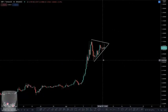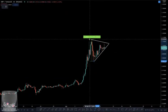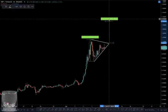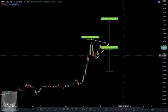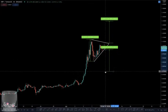But again, we got to watch out with these because they're really neutral. So you measure it from the top, from the bottom of the structure basically to this top point, and you can take this both ways. Okay, so you got to be really careful here because this pattern is neutral. So it depends probably on Bitcoin. If Bitcoin fails, maybe you see